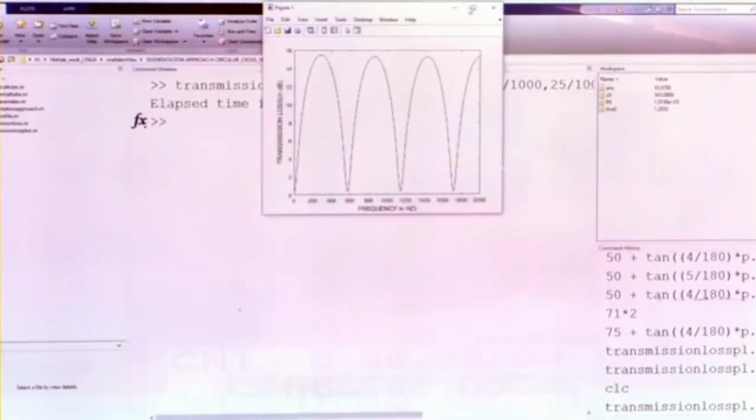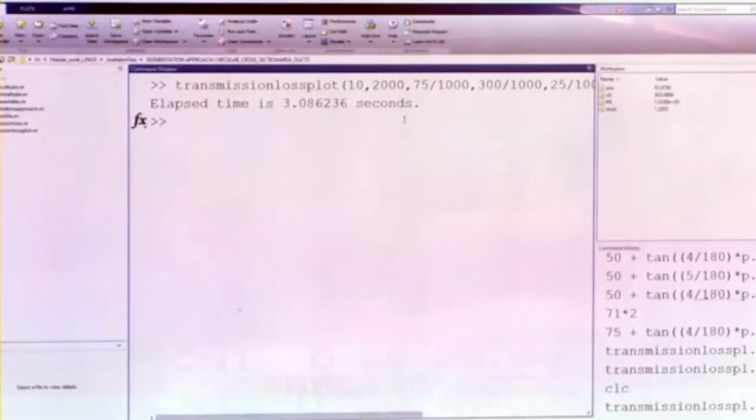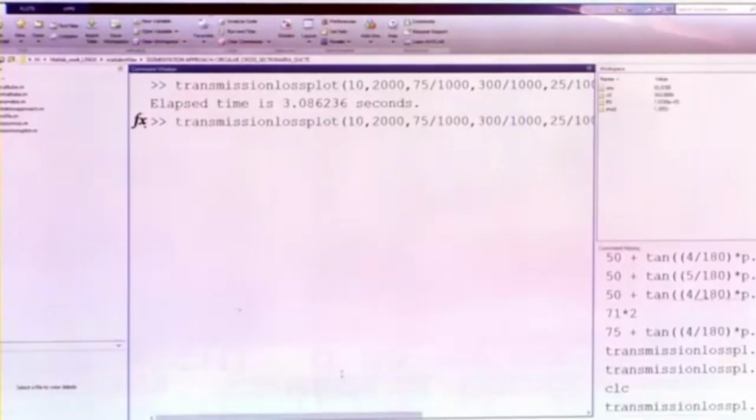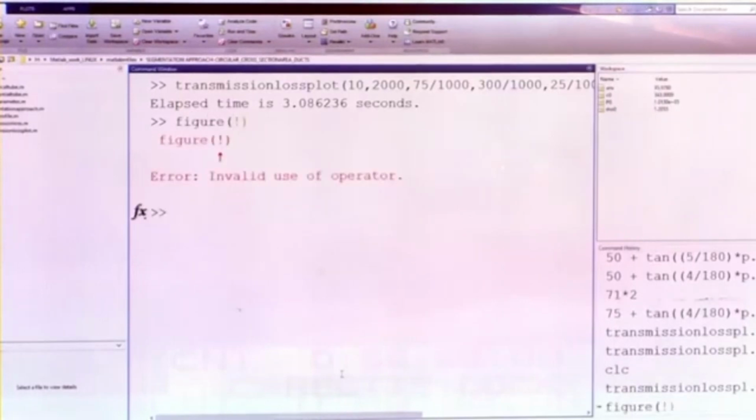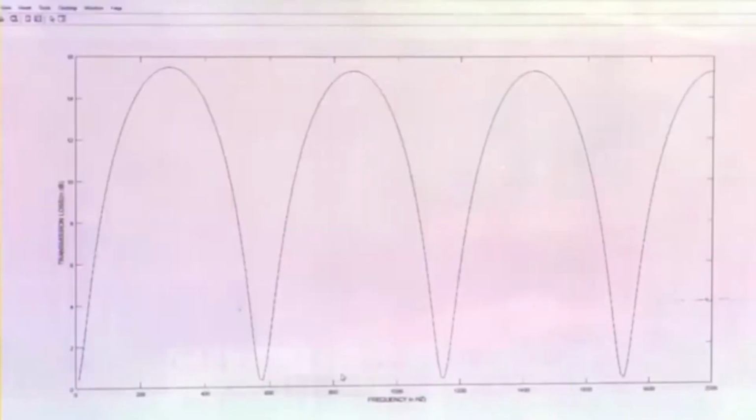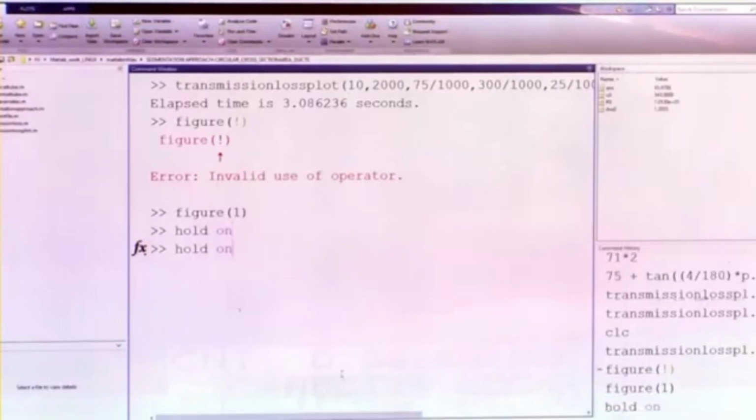So, we get again the same dome and trough configuration, but the troughs are lifted up, they are not the same, and as the flare value increases, the angle or the radius at the outlet section, these values would actually go up. So, we can demonstrate that, but what we will probably do is hold on to this figure, by the command hold on, and